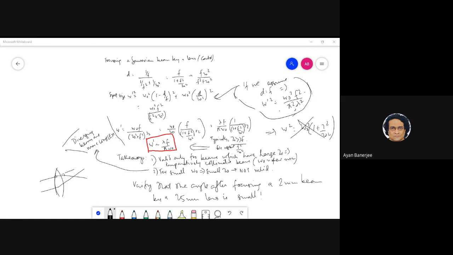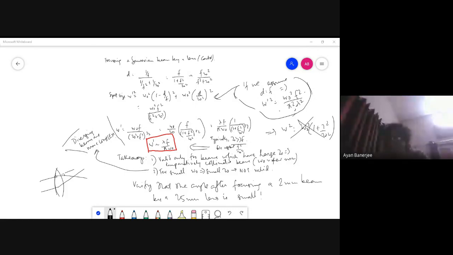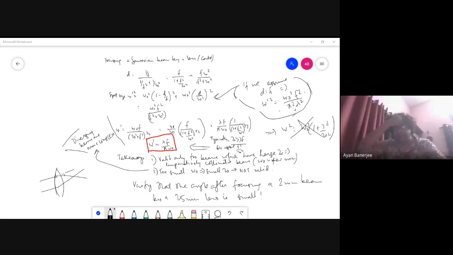See, understand, this whole construction is for us to calculate or predict the size of beams in this model. And we see that it is consistent, because if you find out how a beam propagates as per the waist propagation, it follows W square equal to W0 square, which means our initial assumption was consistent. Remember, the only way you get any information about wavefronts is by interference experiments.